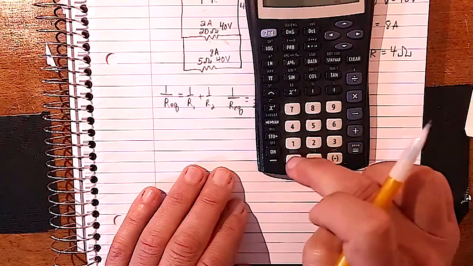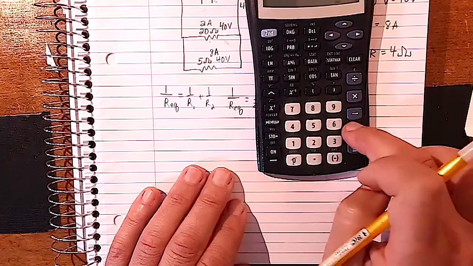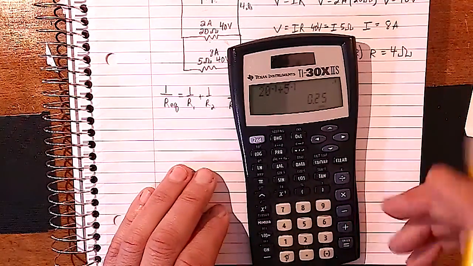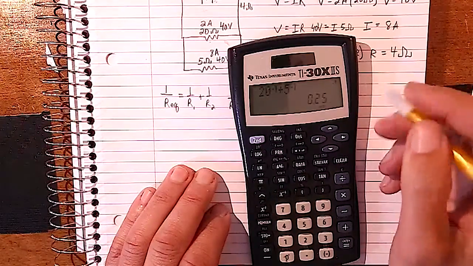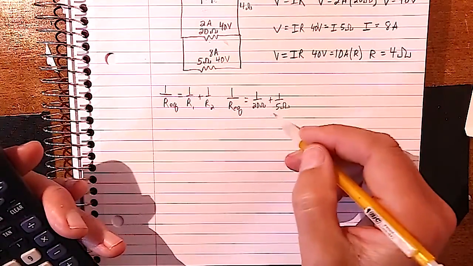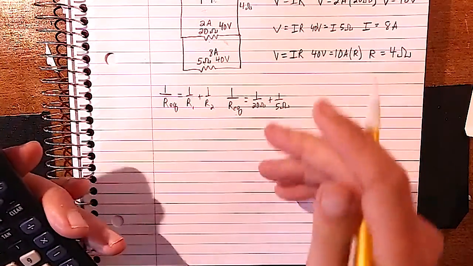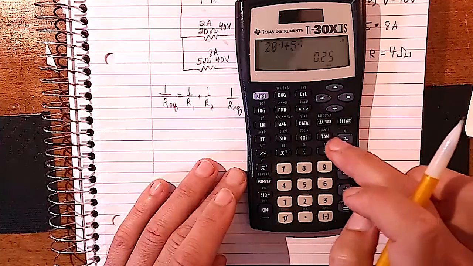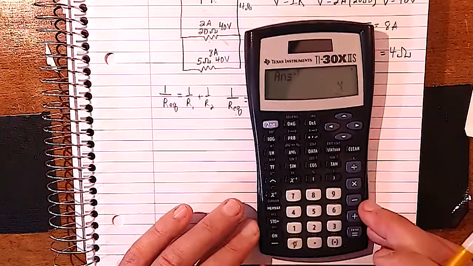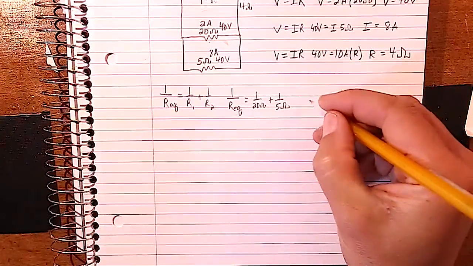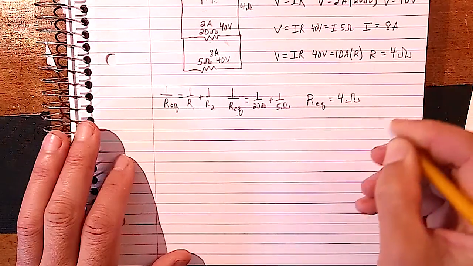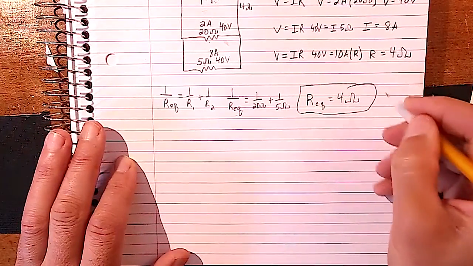So what we can do is say 20x to the minus 1 plus 5x to the minus 1, and that gives us an answer. But that's not Req. That's 1 over Req. Because we've summed these up, that's not Req, that's 1 over. So we have to hit x to the minus 1 one last time and hit enter, and that gives us 4. So our Req is 4 ohms, and that is basically not necessary, but it's a check that we did